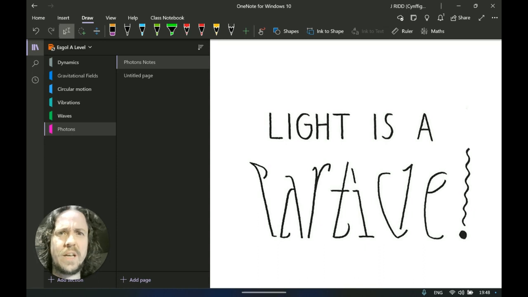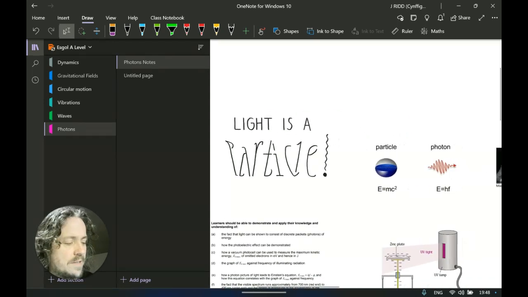Now, that as a concept in and of itself might sound utterly ridiculous, and that's correct. It is not something that is easy for us to conceptualize, how something can be spread out like a wave, yet in certain circumstances also behave like a point, like an object, like a particle. Even the smartest physicists in the world have to wrestle and grapple with it, and it's not something that anyone can truly conceptualize. So don't feel like you're on your own. It's confusing to all. So light is a wave and it is a particle depending on the circumstances.